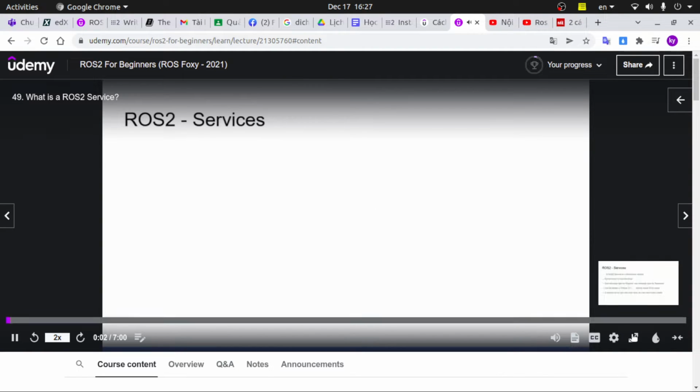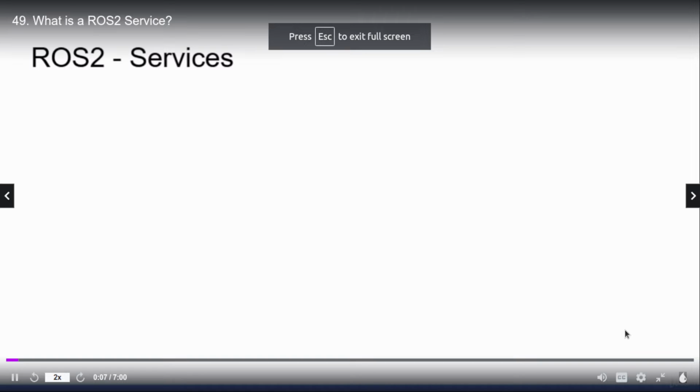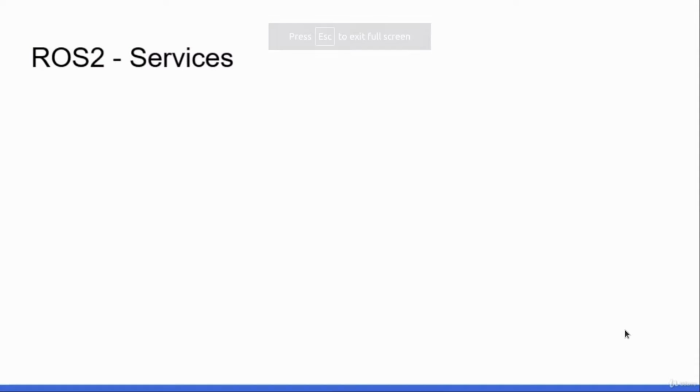a ROS2 service. As we did for ROS2 topics, let's start with a real-life analogy. I will make an analogy with an online weather service. Here again, this is an analogy, so the point is to make things simple enough and to focus on understanding ROS2 services. Let's say we have a weather service online, which can give us the local weather after we send